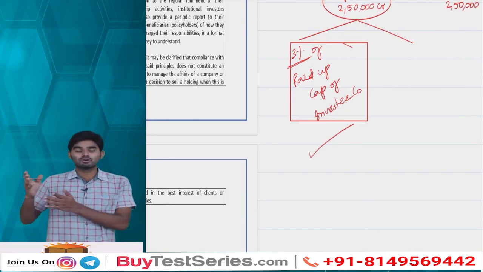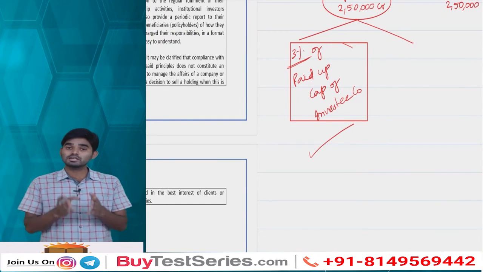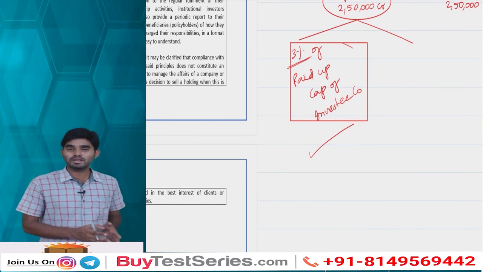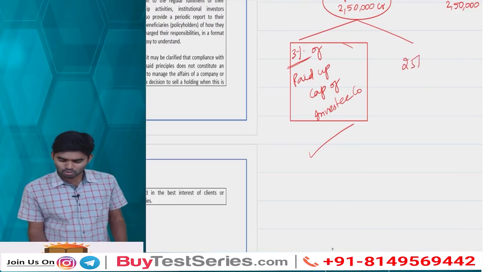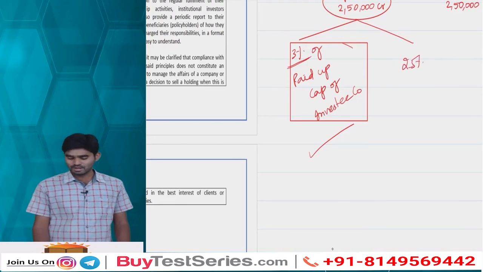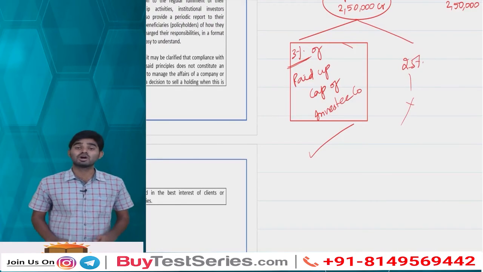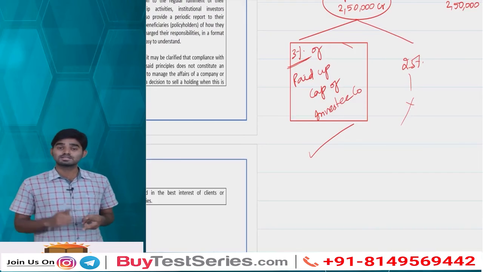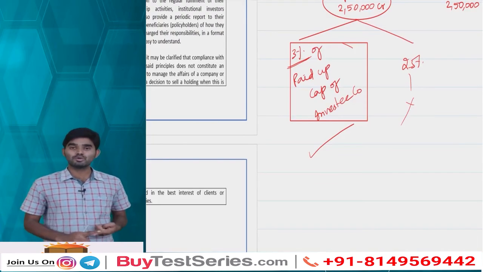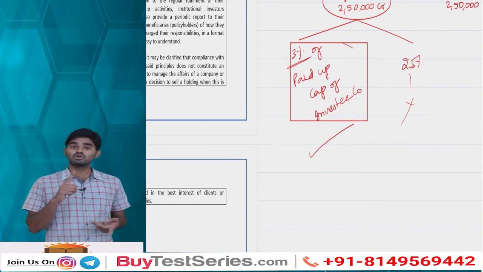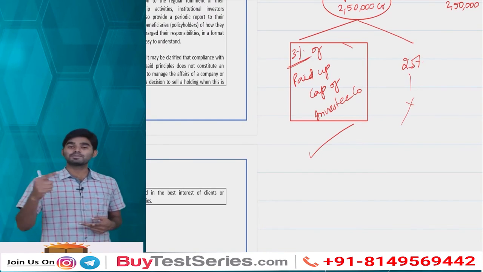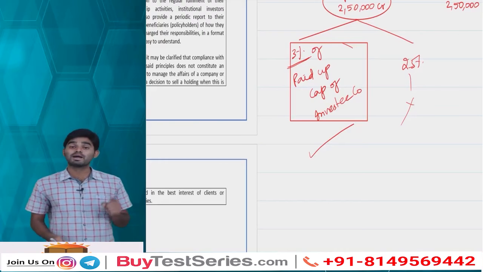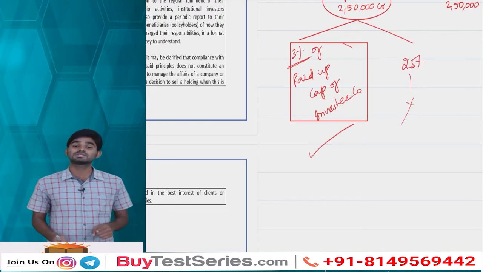That means, what is the contrary to that? Sir, your AUM value is up to 2.5 lakh crore, but you're not holding 3%. Say for example, you're holding 2.5%. Then it is not mandatory. So two things. Sir, your AUM value is up to 2.5 lakh crore and you're holding 3% or more than 3% of the paid capital of the investee company, then mandatorily you need to exercise your voting